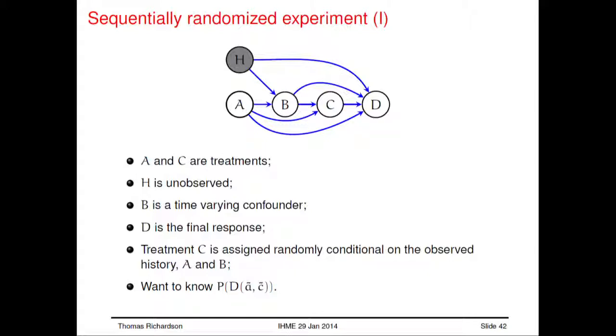And then what you want to know is something like, so for example, the kind of study where this is done is where C, say for ethical reasons, could not be assigned completely randomized, but it had to be assigned, say, randomly conditional on your response to the first treatment. So say this might be something that helps you with side effects that you get from the first treatment. And so what you would like to do is you'd like to know the result of intervening on both A and C,